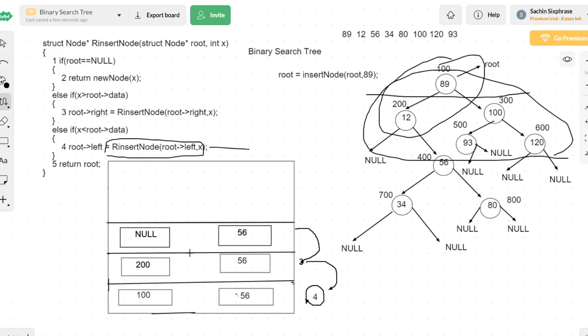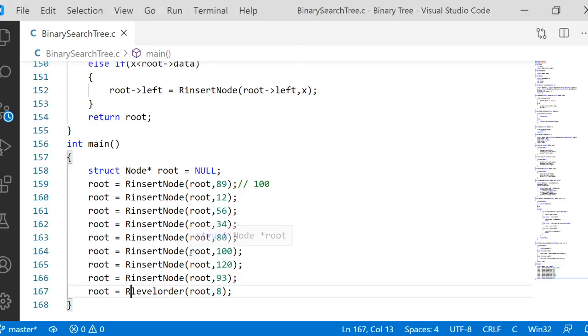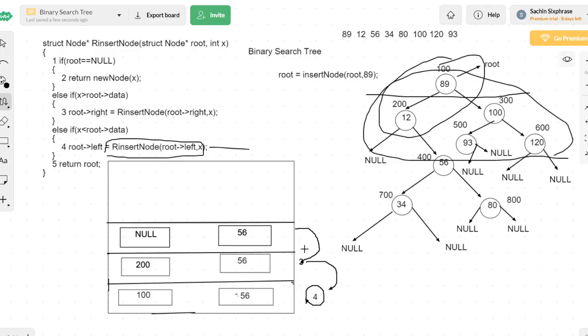Why are we giving this return root? Suppose we fail to give return root, or we give return null. Every time, after finishing, the activation record takes this return root and comes back. If you give return null, then on whichever path you are traveling in the left, the parent nodes will automatically be assigned null. Okay, fine. So that is the only reason for return root. I think now you could have understood.